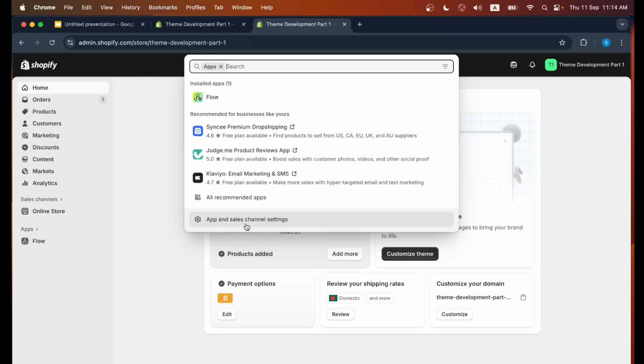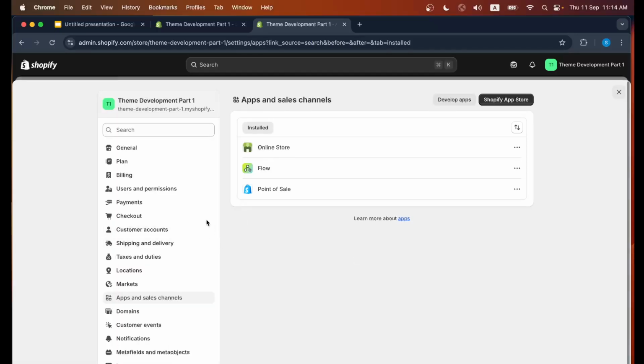Okay, so to develop a custom app, you just need to go to the app section, and you can see there is an app and sales channel settings. So go here. After that, you can see all your installed apps here. As we are going to develop a custom app, we just need to click develop apps,